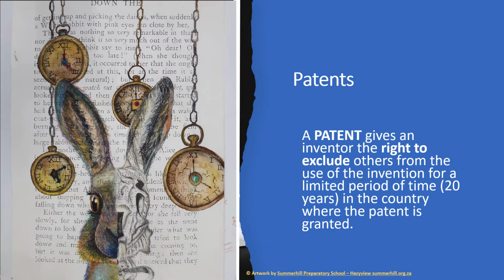So let's look at the forms of intellectual property. We're starting with patents. A patent is a right that protects technology underlying innovation for a period of 20 years in a country where the patent is granted. A patent is a negative right, which means it grants you a monopoly right to keep others out from practicing the invention that you have created. It doesn't give you the right to carry out the invention yourself, though.